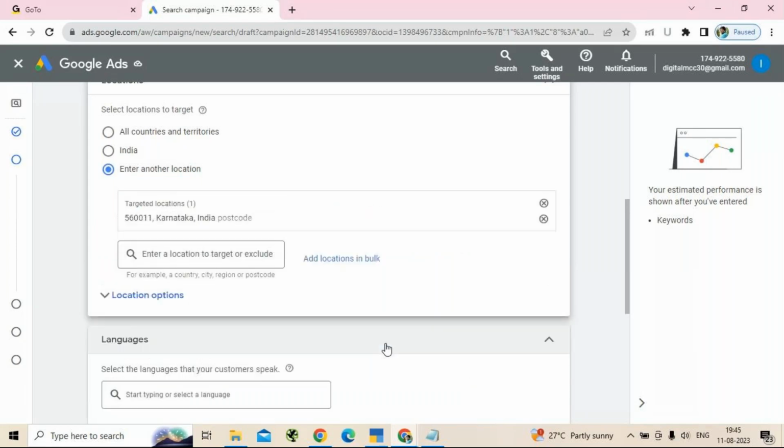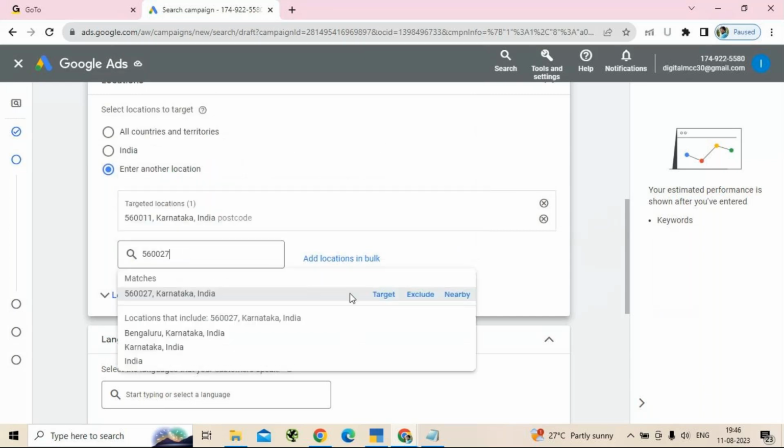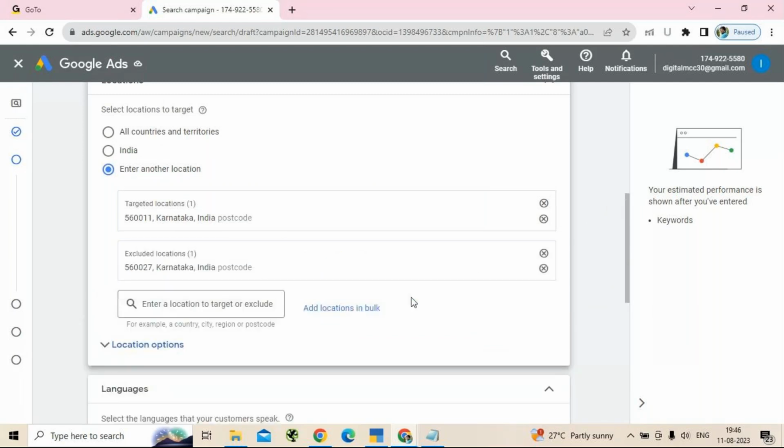I am going to choose this area where I want to run a campaign. At the same time, I can select another area and keep it as exclude. So my campaign should run on these listed areas or regions, and on this region it should not be shown.